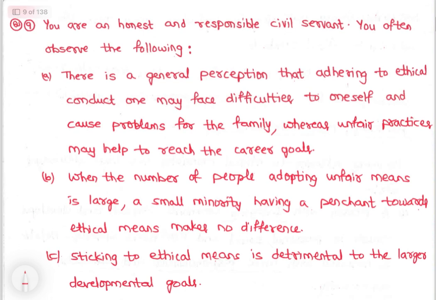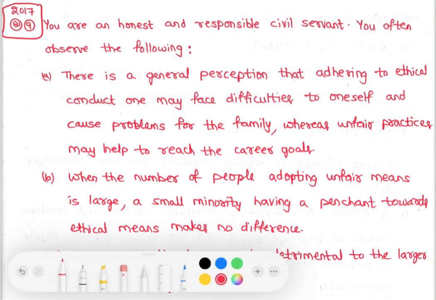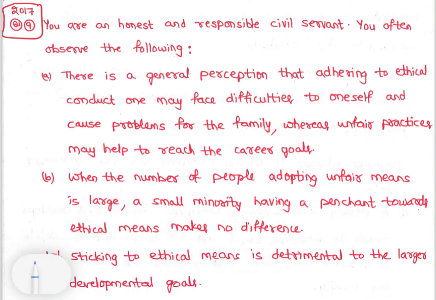राइट, सी this is a case study asked in 2017, right? Again a very good case study. See, here it is asked: you are an honest and responsible civil servant, you often observe the following, right? The following are: A,